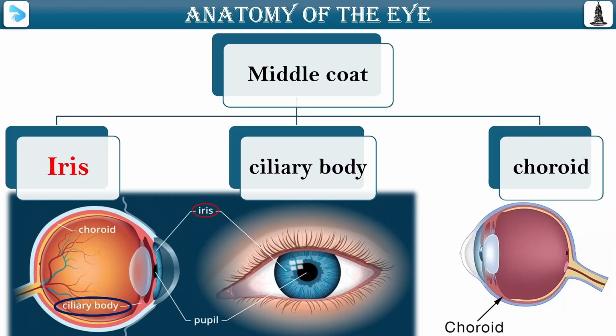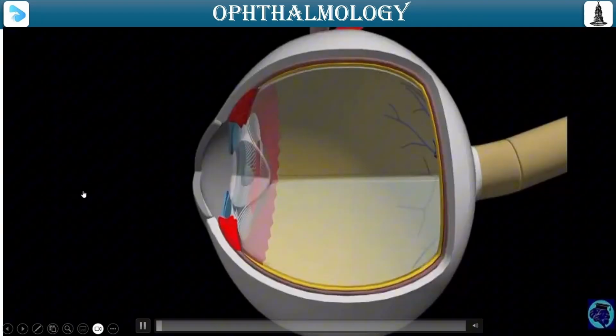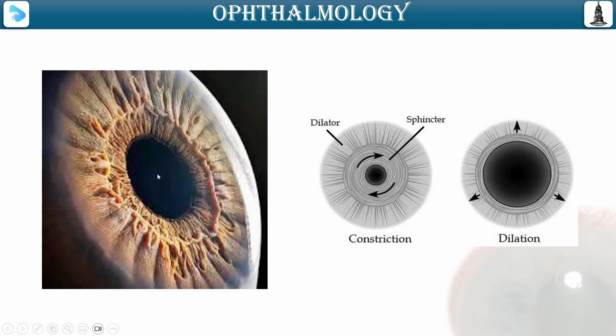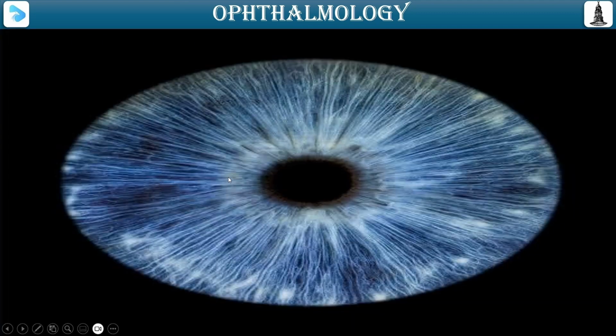So after watching this video, we conclude that the middle coat, or the vascular coat, is made of 3 things: the iris, the ciliary body, and the choroid. So let's see the first thing, the iris. Okay, here we go. If we look at this picture, we'd see a blue iris. If we looked at this picture, we'd see a brown iris. So the iris is formed of 3 things: